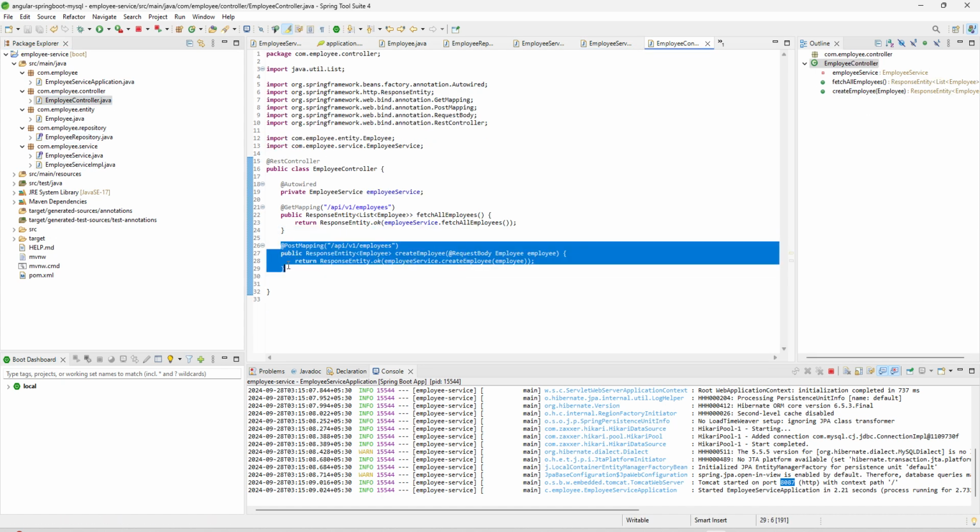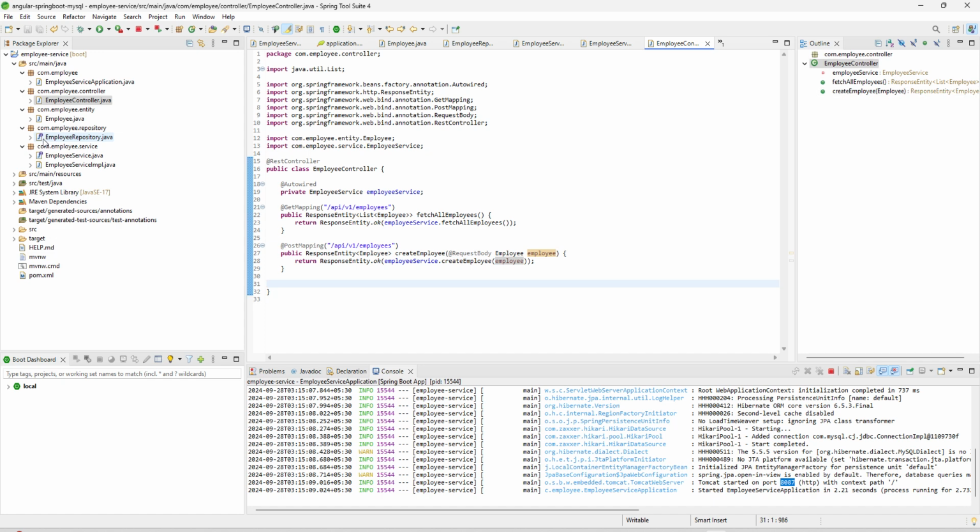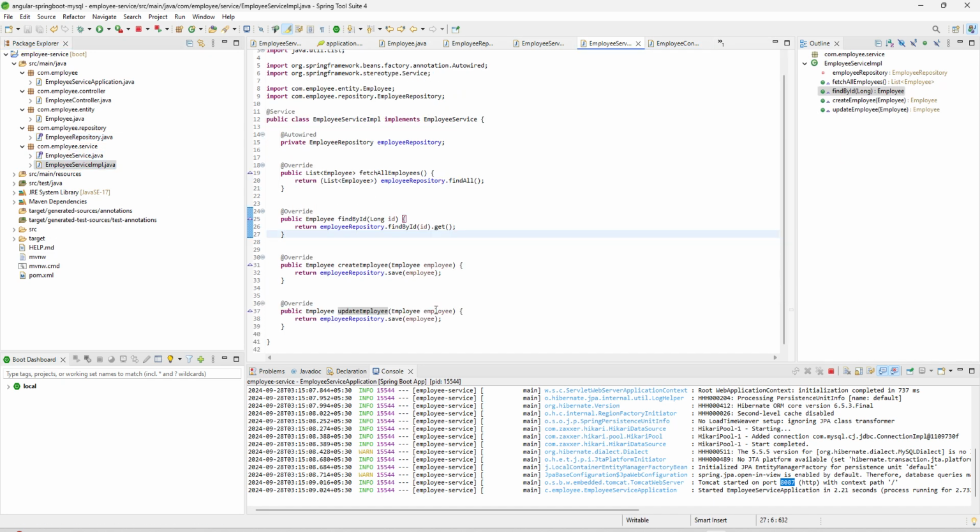Now inside controller, so this is the service layer,